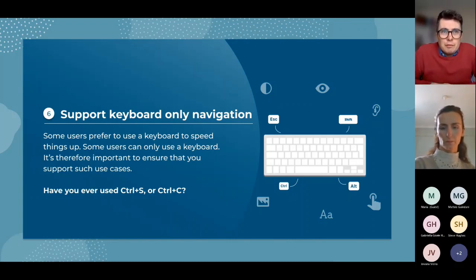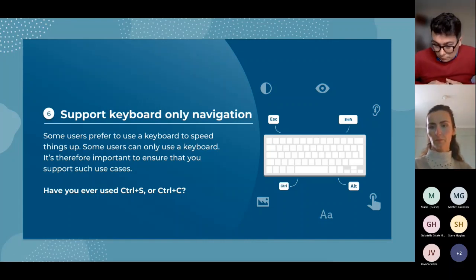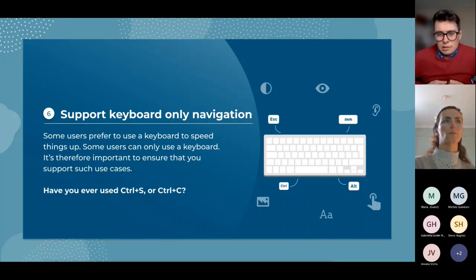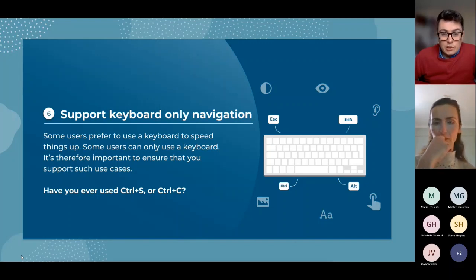And it might be that I've broken my hand and I can't use my mouse, and therefore I have to use my keyboard because of the temporary situation that I'm in. And it also goes for people who are unable to use a mouse, or unable to use the standard technology that you expect, and a keyboard gives them that freedom and flexibility to navigate around the site. So this tip is all around trying to utilize and implement shortcuts and keyboard focused navigation so that you can tab around and interact with the entirety of the product using a keyboard only, giving people the option to use a mouse if they want to.